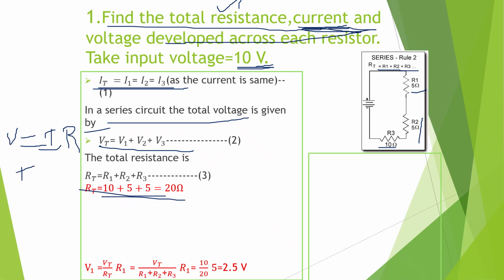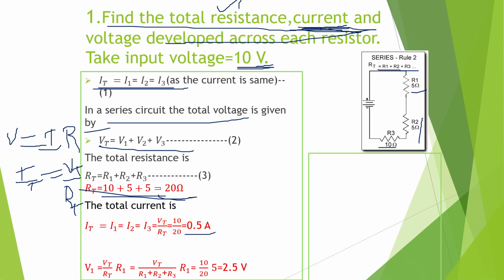I is equal to V by R. So the current is the same here, which is V by R. If it is a total current, we can write it as IT is equal to VT by RT. So what is my total voltage here? It is 10 by the total resistor. What is my total resistor here? 20. So it is 10 by 20,